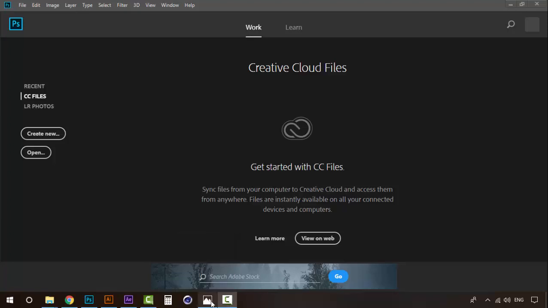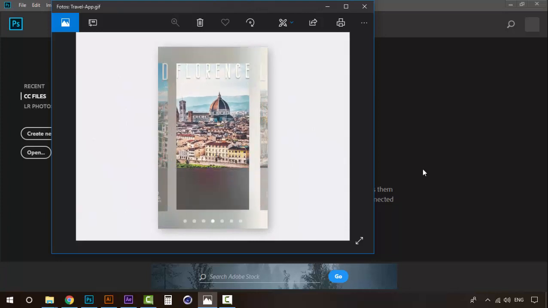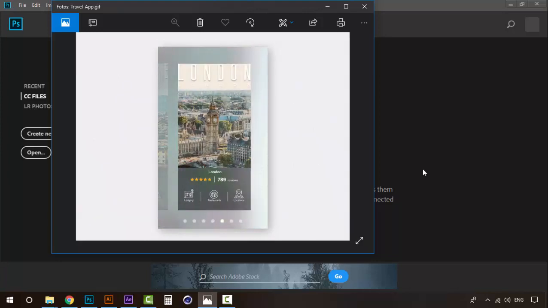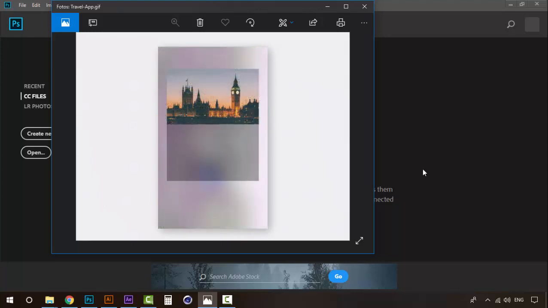This is what we are going to create. We're going to create the user interface for a traveling app. It's going to be really simple, it's going to be really minimalistic as you can see, and the animation will be really simple too and very smooth. So it's going to be a very fun course to create, it's going to be a very fun app to